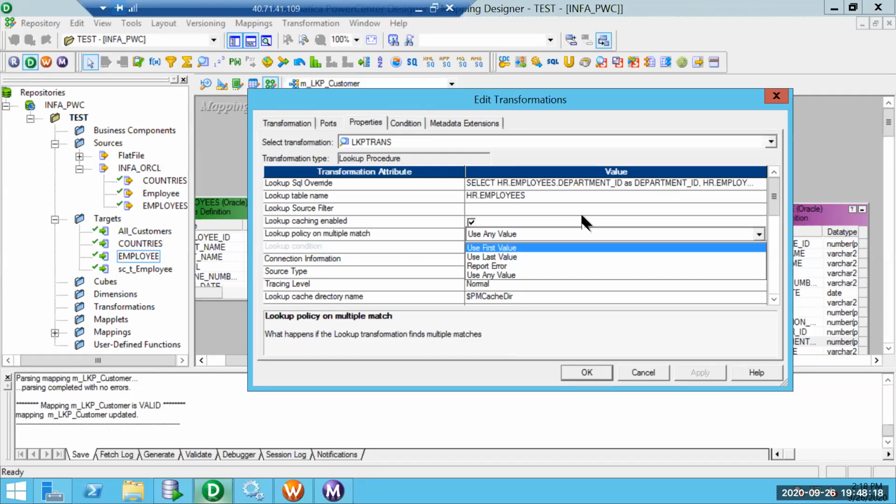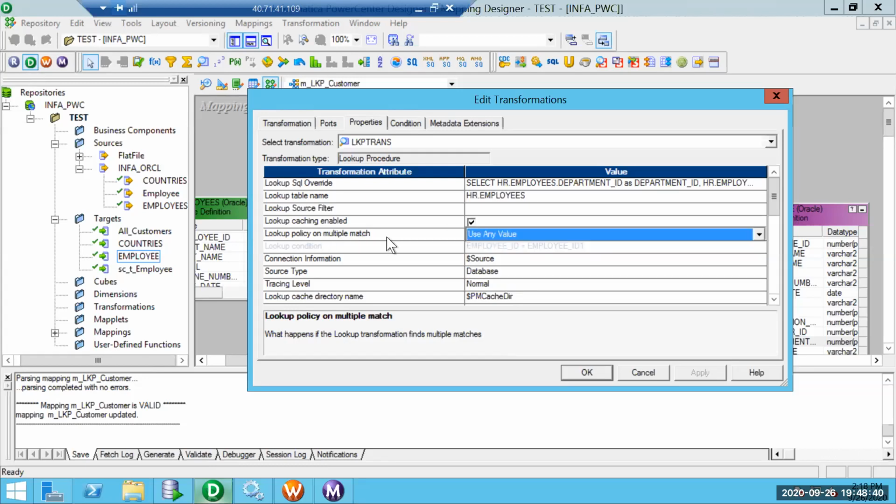But still, if we have multiple matches, that is one scenario where we can prefer first value or last value. If it is not going to make any difference between any of the values, we can always go with use any value. So this is what the property means, lookup policy on multiple match.